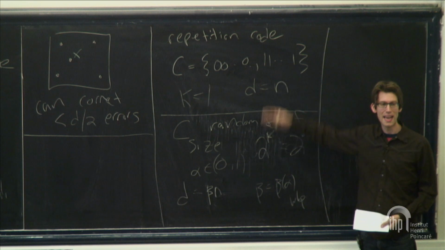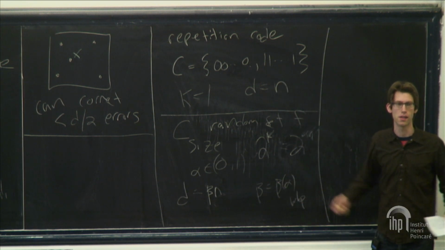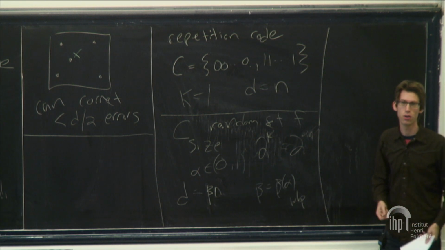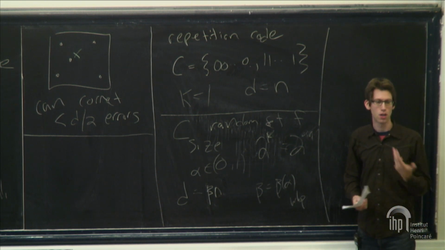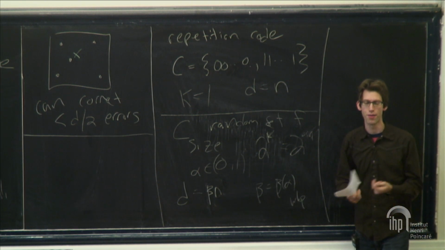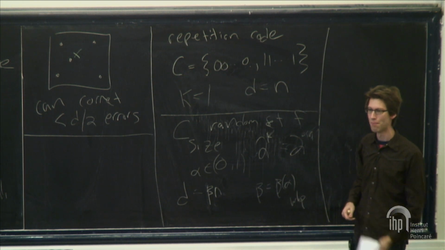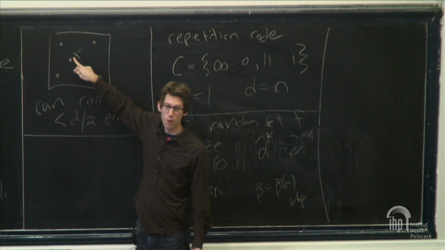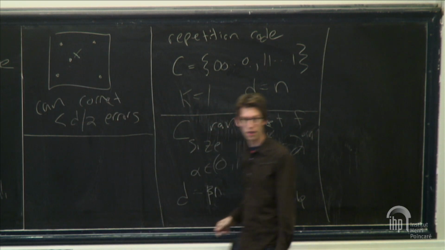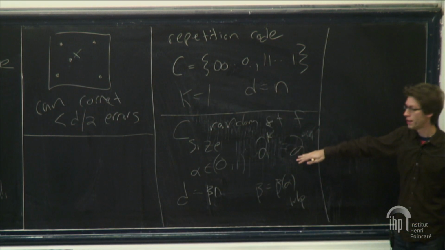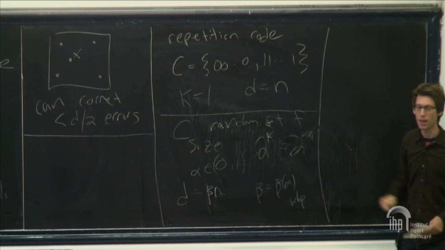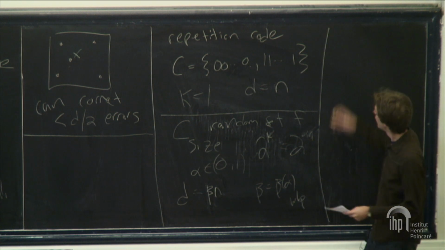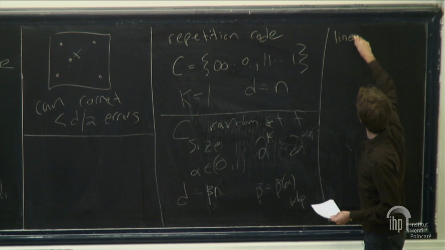To write down this list of random points is really infeasible. Your code book is exponentially large. So you'd like to describe the code in a more succinct way, one that's more amenable to, for example, doing this maximum likelihood decoding. If you want to find the nearest code word, you'd really like a more succinct description of the code. You'd like other things as well, but at a minimum, you need a more succinct description.